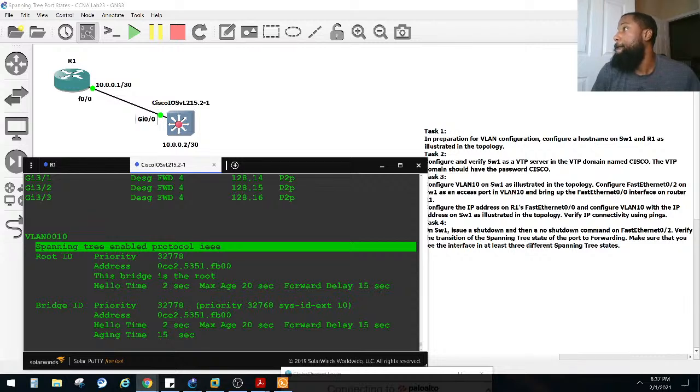STP. Rapid transition to forwarding state. And oh, by the way, you could do port fast, which puts a port instantly in a forwarding state, so you can bypass all of that. But